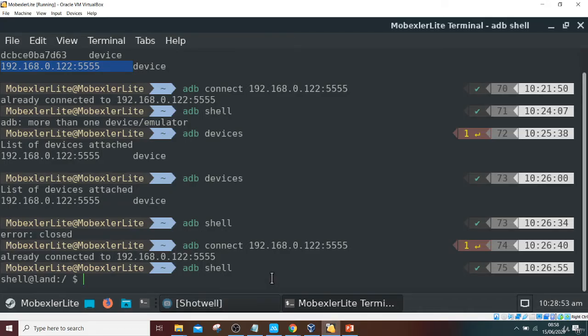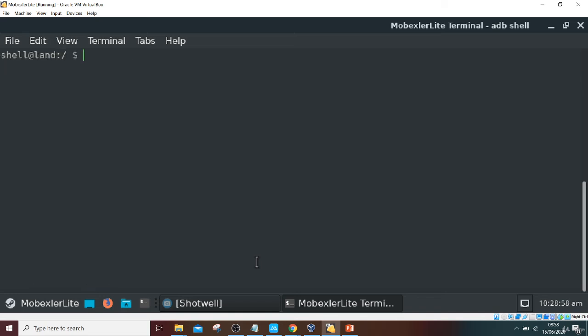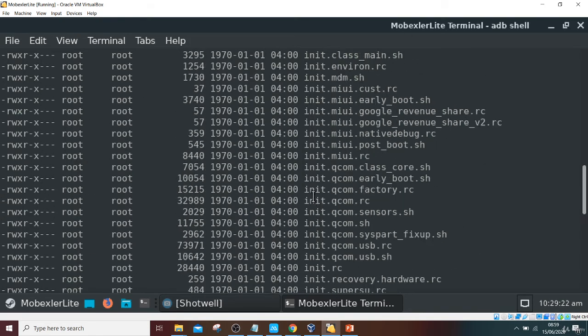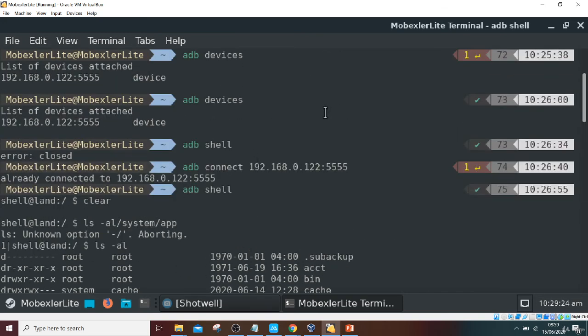So let's come to our virtual machine. Go for clear. Let's see if it is working fine. Now you can check your system apps with ls -al /system/app. So ls -al will list down everything in the current directory.